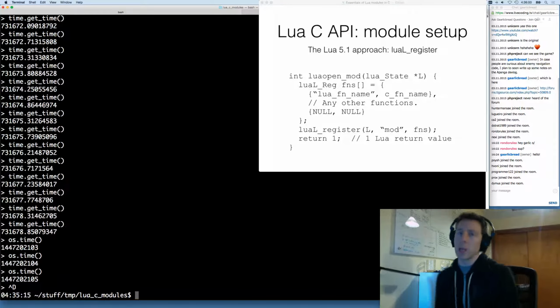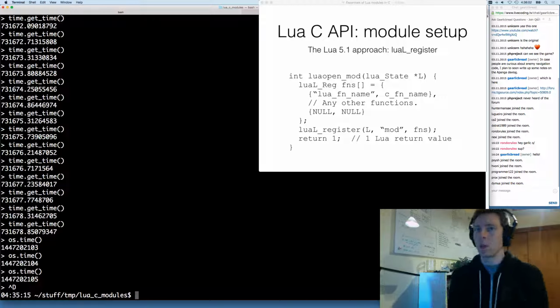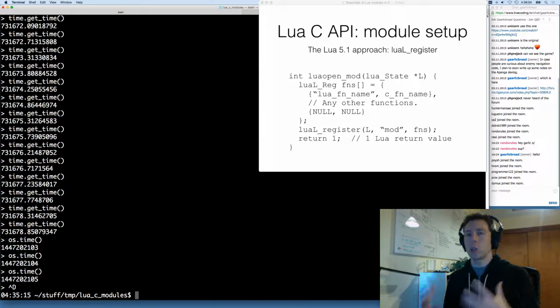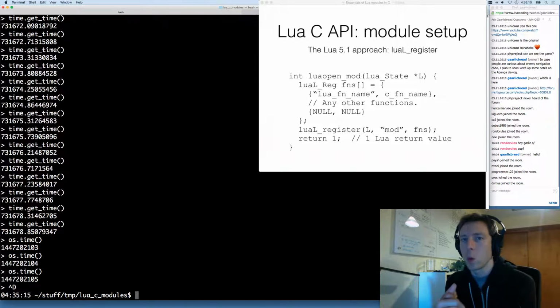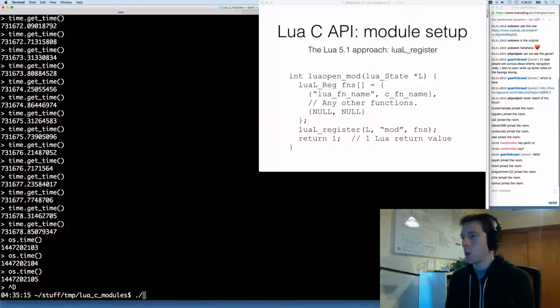The people who wrote the game, including you, if you're the game developer, can turn off the ability to load C modules if you want. That's good to know because if you're writing the game, maybe you want to disable it. And if you are writing the Lua script, maybe you want to use it, or be aware that it could be turned off, so maybe you want to check that first. The way you can turn it off is actually